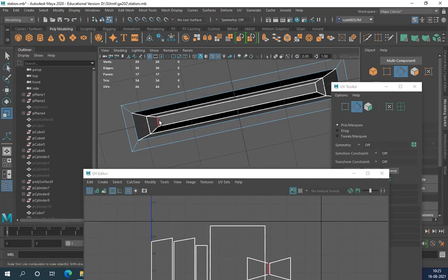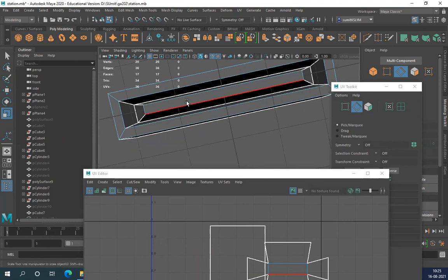Move it so this part is separate and this part is separate.